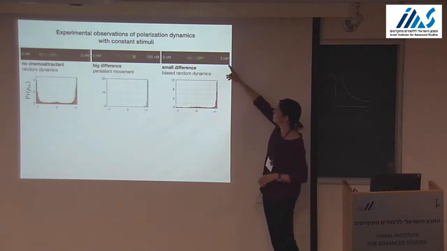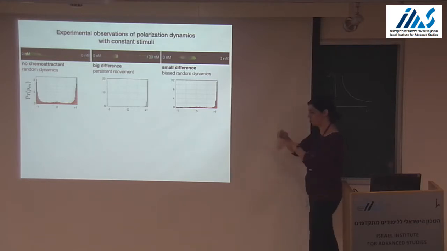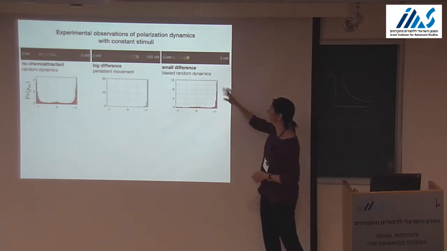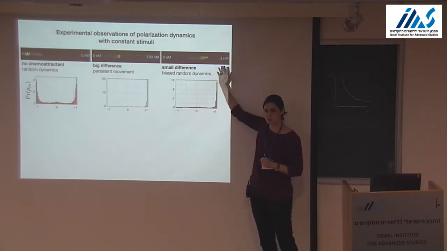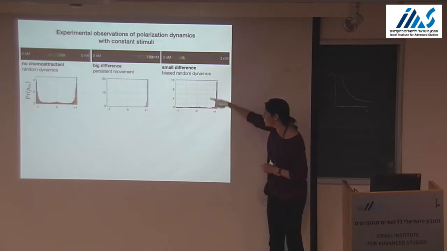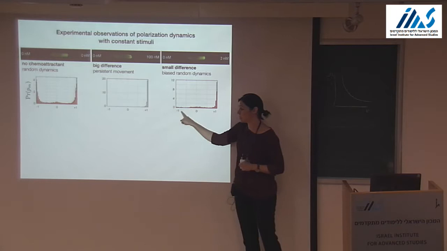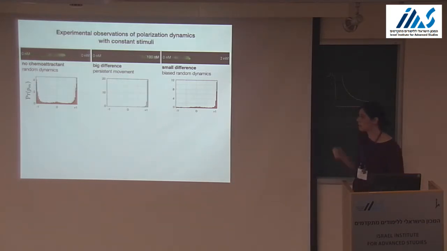Here you have a small concentration, and now fluctuations, both within the system and due to the receptors, the binding and unbinding of the receptors. So now you see that it's not so convinced that this is the right direction, right? So you still have the bigger peak around the correct direction, but it makes mistakes, and it does unpolarize. So the point being, now that we know that we have stochastic dynamics, we see that there are preferred states.